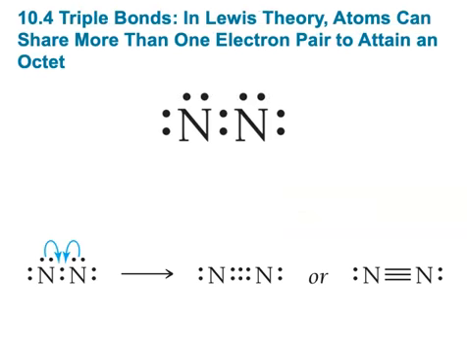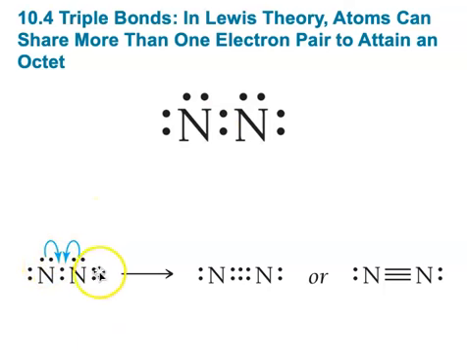So let's take a quick look at the Lewis structure of nitrogen gas. How many valence electrons does nitrogen have? Nitrogen has 5 valence electrons. So if we have two nitrogen atoms, each with 5 valence electrons, the Lewis structure for N2 would have how many electrons surrounding it? 10. We have 10 electrons to work with. Are either of the nitrogens satisfied with full valence electron shells? No, we're going to have to convert one of those lone pairs into a bonding pair,